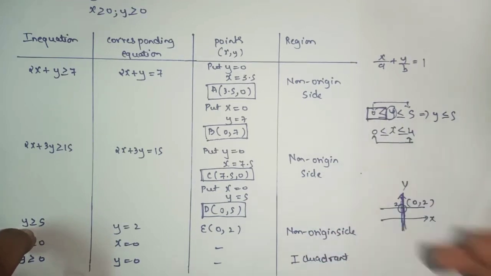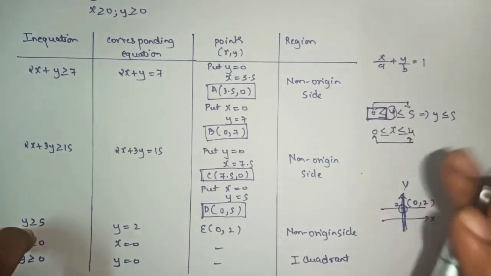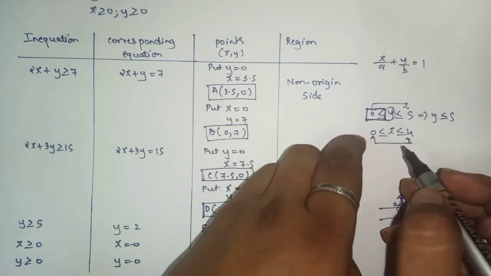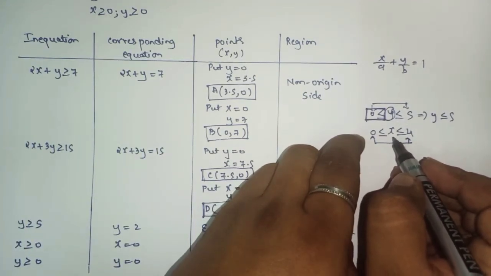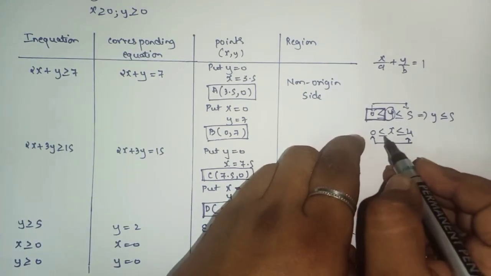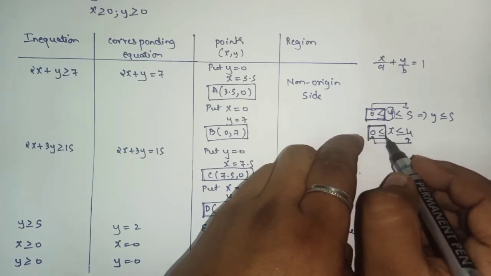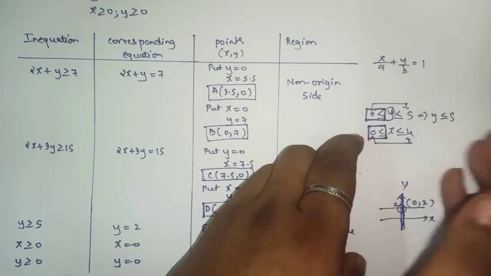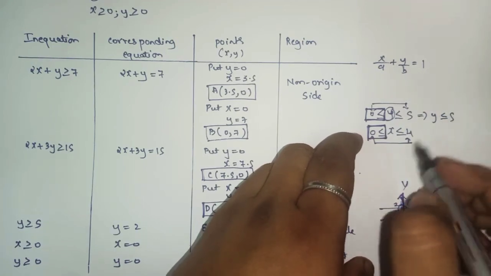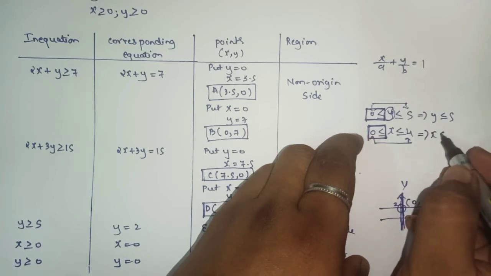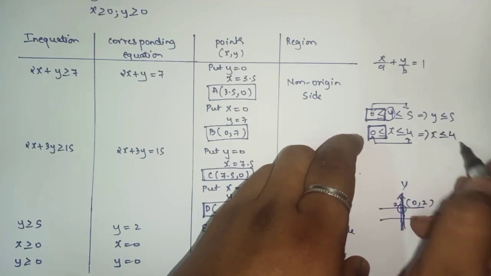As we know, 0 does not have any value, so leave this section. So remember, whenever you have 0 on the left hand side and x or y lies between these two numbers, no need of taking this part. It does not have any connection in the sum. So the meaning of this is actually less than equal to 4.